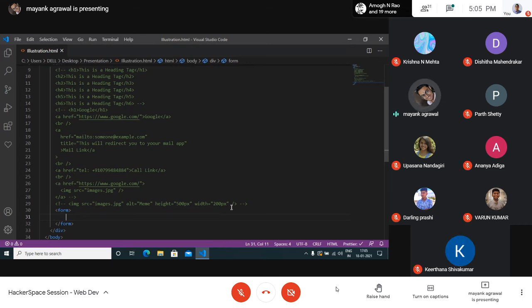Maybe for gender it's a radio button or a select drop down list. Everything like that is mentioned inside the form tag. The form tag specifies that whatever is inside is part of a form, and all this data needs to be processed at once when a button is clicked or whenever a certain action is taken.